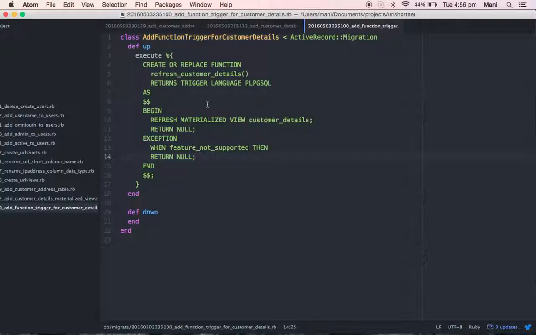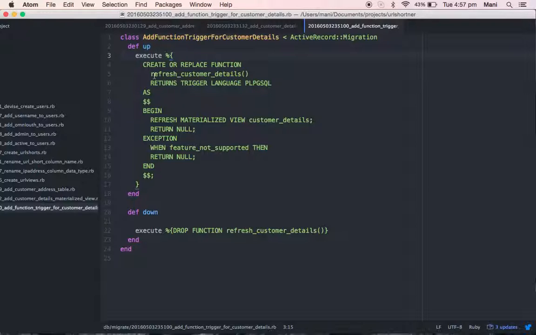Now we will write a query for dropping the function: execute drop function refresh. So here is my function, and now everything is done. This function will help us to refresh the materialized view.